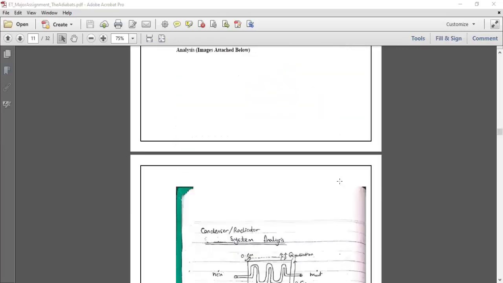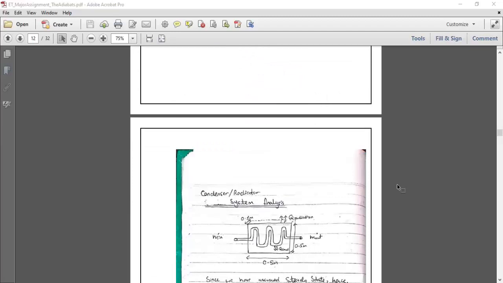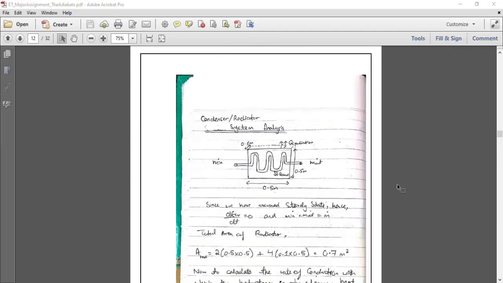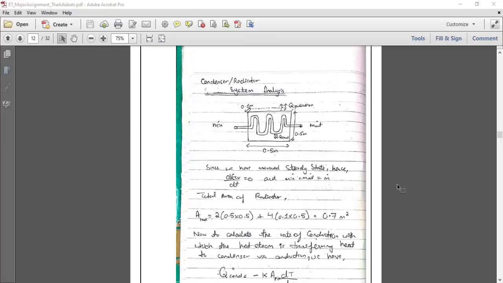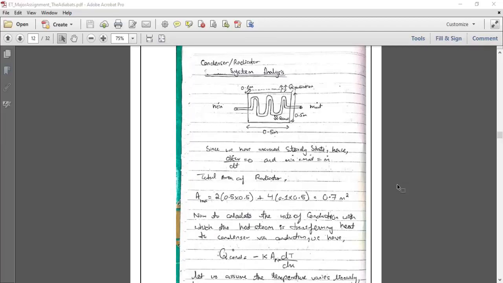Moving on to the analysis of the condenser, we have made a few assumptions regarding the dimensions of the slab, diameter of the internal piping and its length, and then we have proceeded with the calculation. The details of these calculations again can be studied within the document, but I will be only briefing for now. So there are two heat transfer modes that we have in the condenser. The first one is through the conduction from the pipe into the slab, in which the steam passing through the pipe conducts the heat into the slab of the radiator, and the next heat transfer occurs between the slab of the radiator and the surrounding environment, which is assumed to be done by radiation.